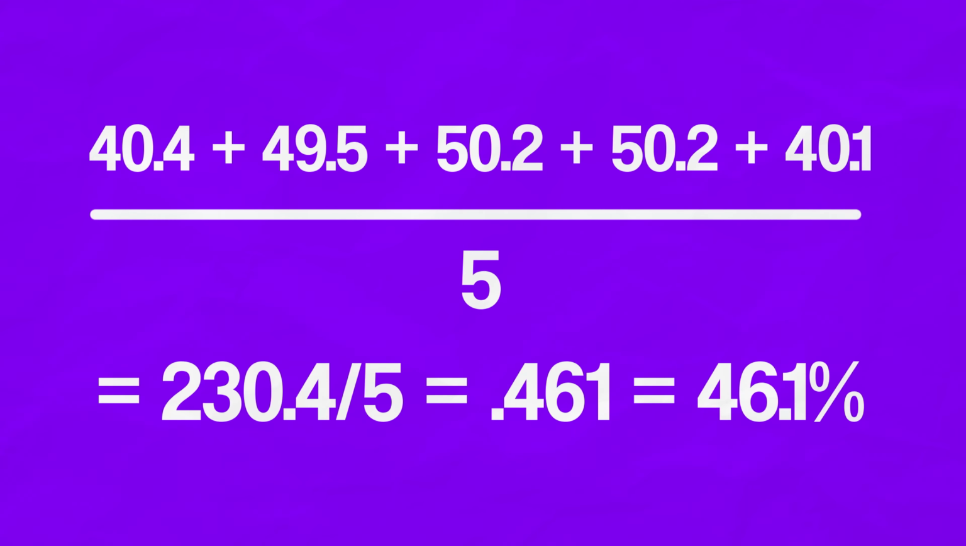Here is what we end up with. So we're adding up all of the margins up top, which is 230.4. We have 5 products that we're evaluating, so we divide that by 5, which is 0.461 or 46.1%. So as you can see, calculating the average margin is very easy so long as you know your individual margins,